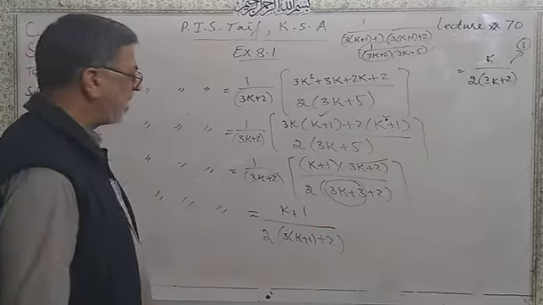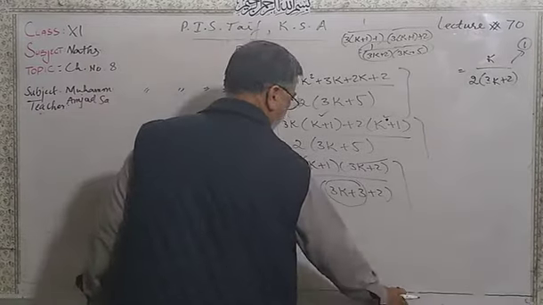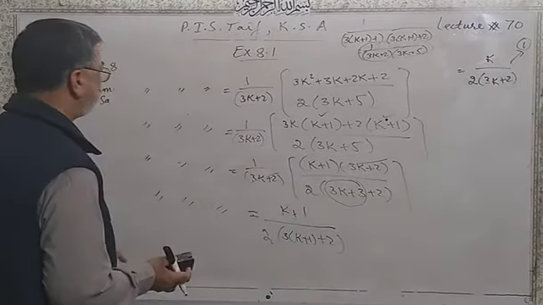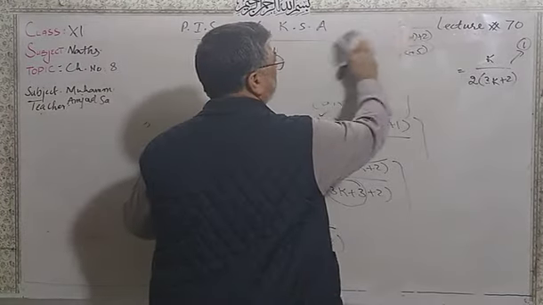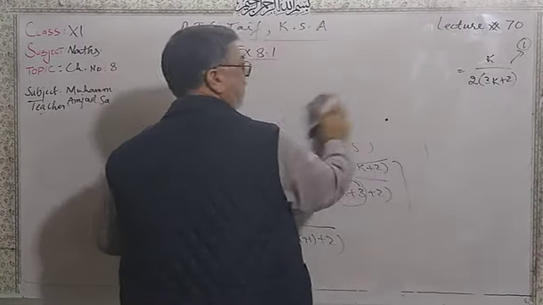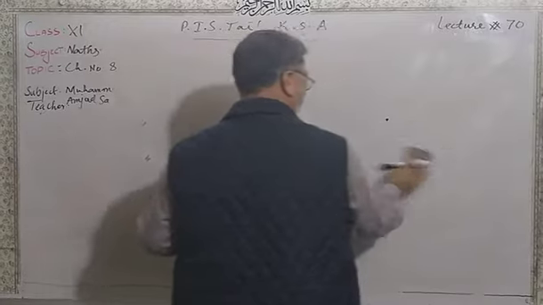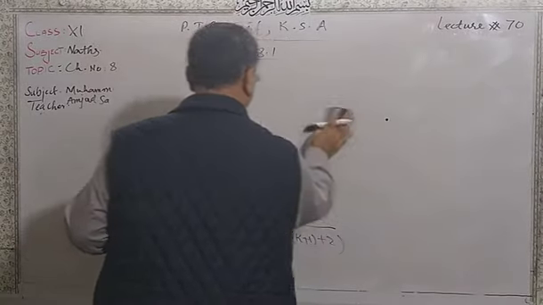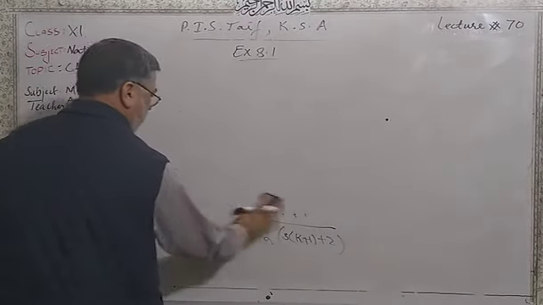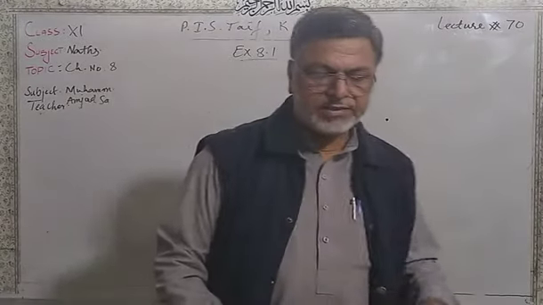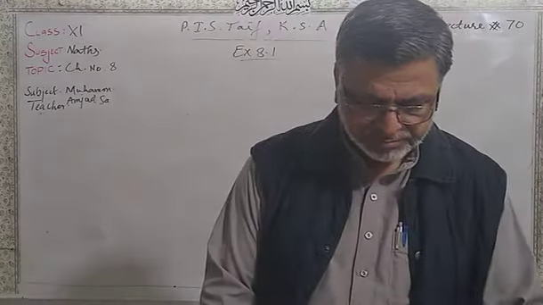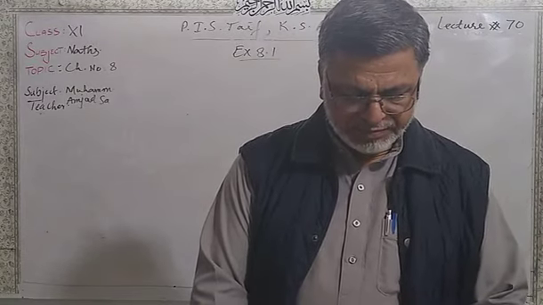So what is true for n is equal to k is also true for n is equal to k plus 1. You have to write down these sentences. So what is true for n is equal to k is also true for n is equal to k plus 1. Hence formula is true for all positive integral values of n. After that we have question number 15.